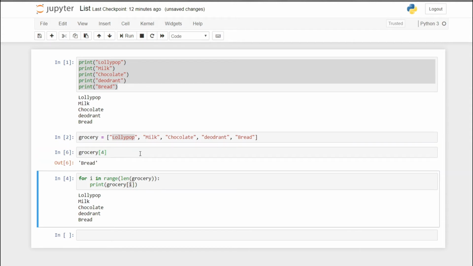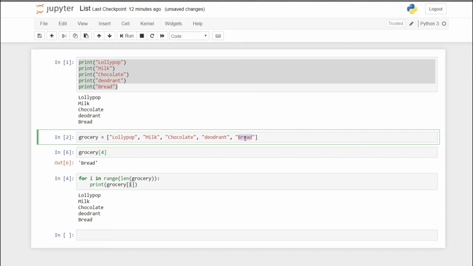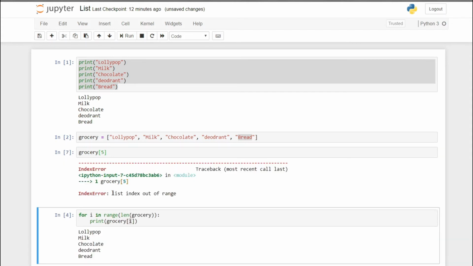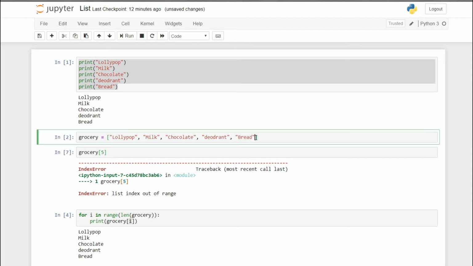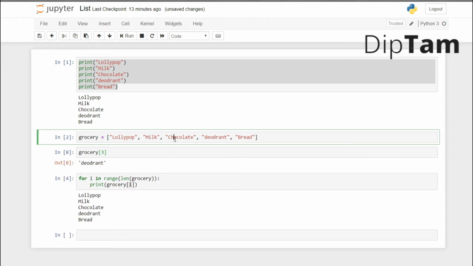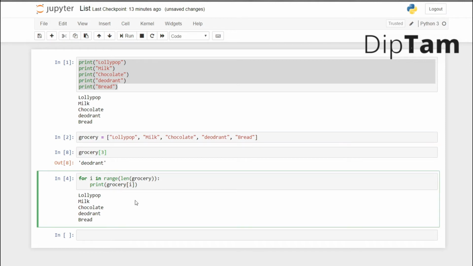But you can see over here the last element is in the fourth position. That means if you write 5 over here, it will throw an error. So you can see IndexError, list index out of range, because there is no element in the fifth index of this list. So I'll just write 3 over here and run. Yeah. So in this way, you can call a particular item from the list,